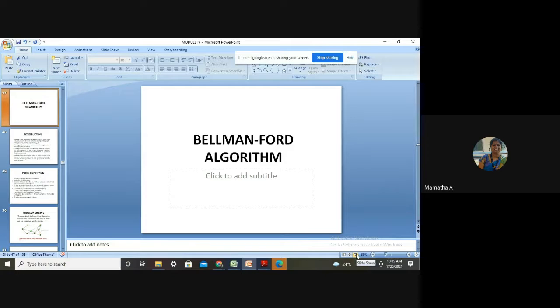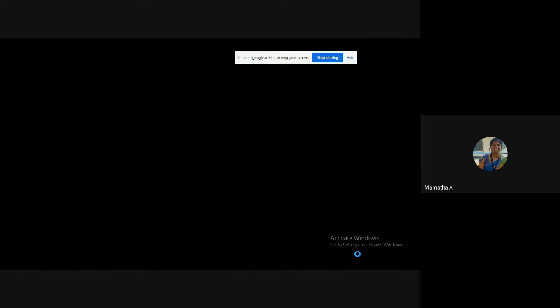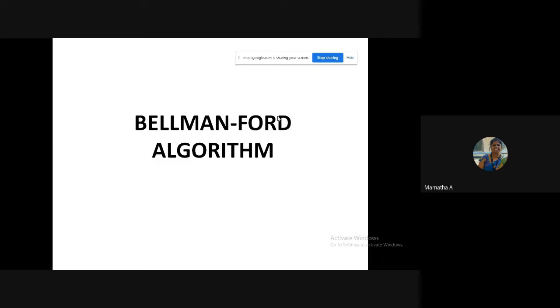Today's class, we are discussing another problem of dynamic programming approach, so called as Bellman-Ford algorithm. And as I've already told you all, these algorithms are named after their inventors. So Bellman is one person, Ford is another person, and they have invented this algorithm. And what is this algorithm doing, right?